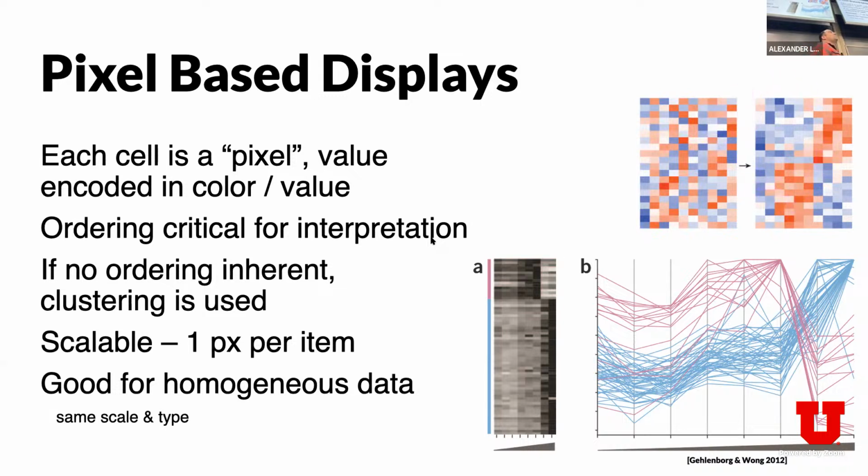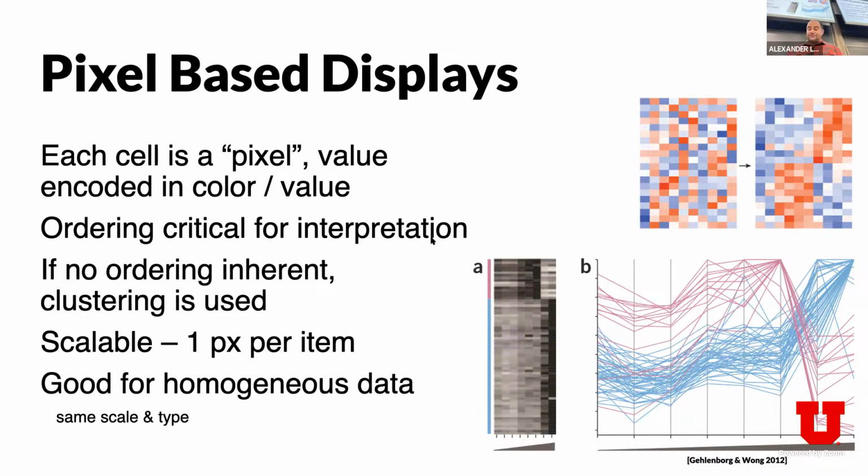Pixel-based displays are useless unless you do some proper, what's called seriation, and you can use clustering algorithms, for example, to do that. Sometimes the order is inherent. Sometimes you have to come up with it, right? And here is the same thing as a heat map versus a scatter plot, and this is much more compact, right? And you can probably see this just as well on the heat map